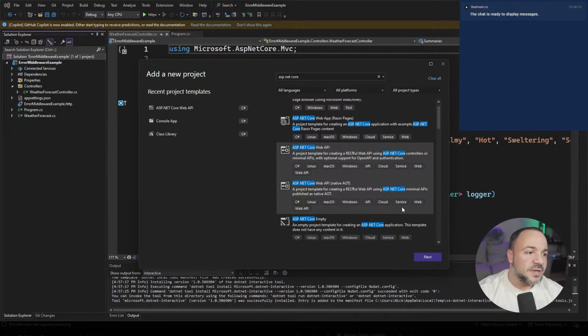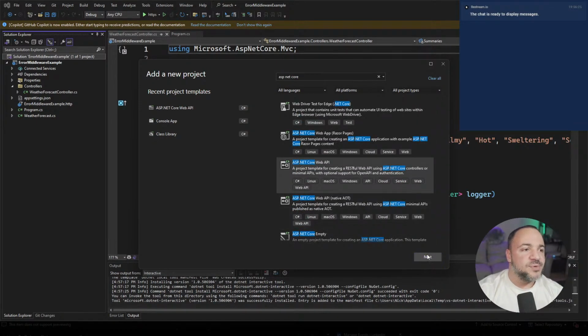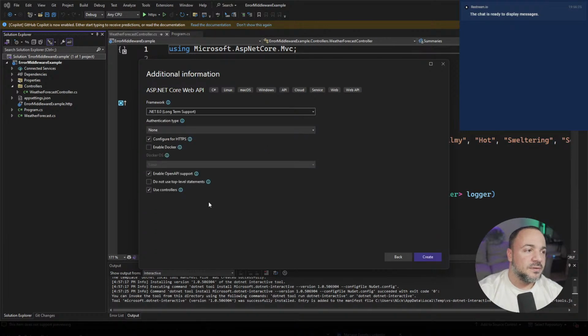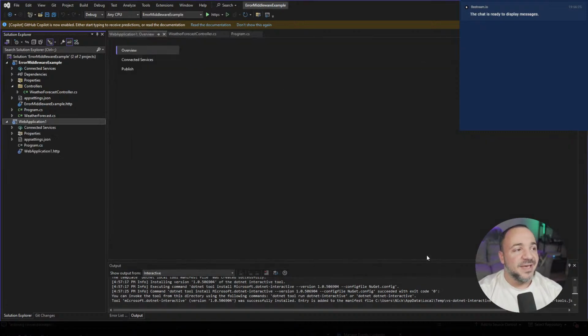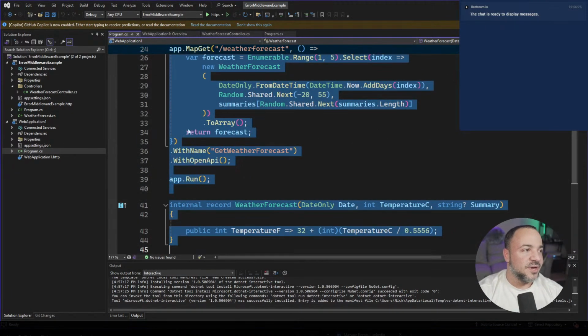Right, I thought that was what I wanted, but why did it... You know what, there's probably an option where it says minimal APIs or not. Use controllers. Oh, that's what I picked. Okay, let me go. I'll add this one in. I'm just going to basically copy over all this code,